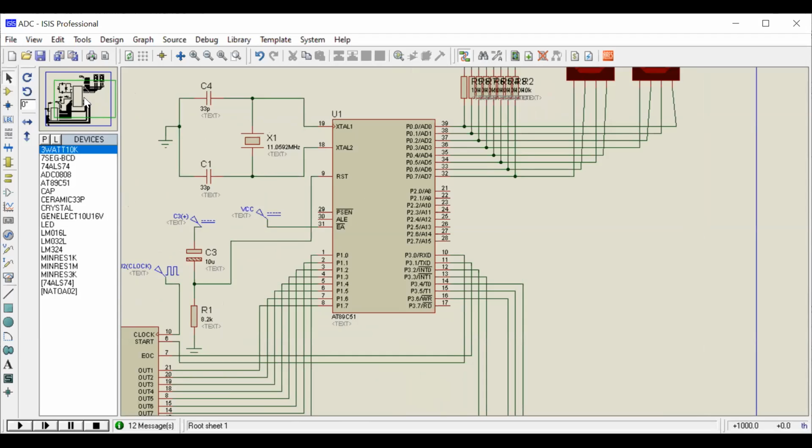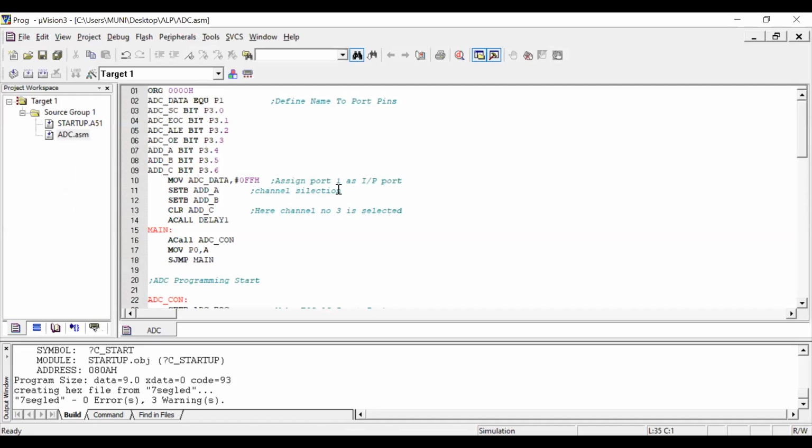For designing this circuit, we need to write a program. Now we can easily analyze this program. The first one is origin 00H.